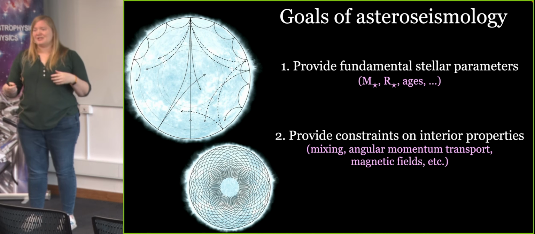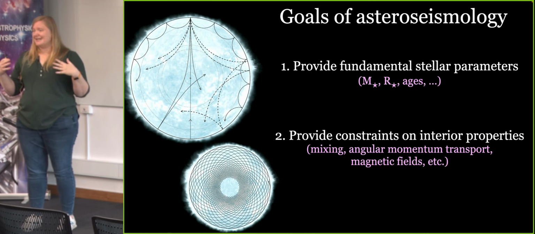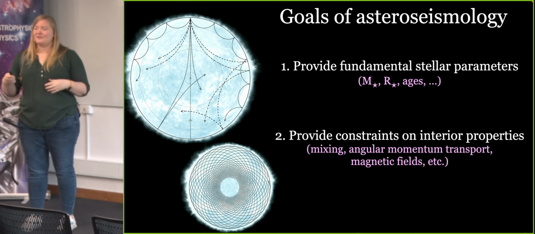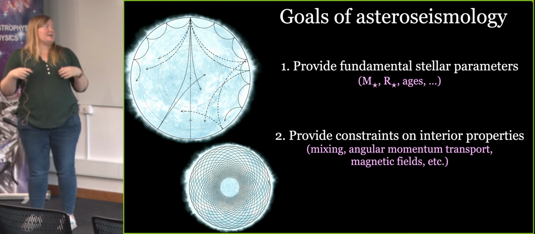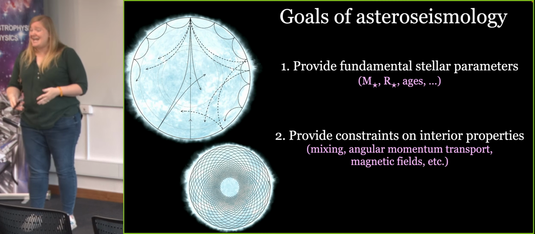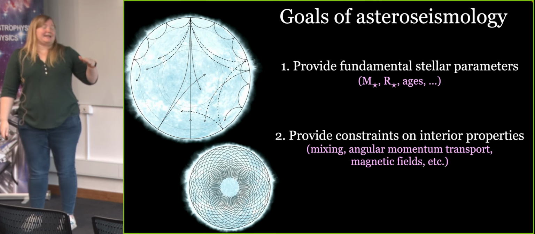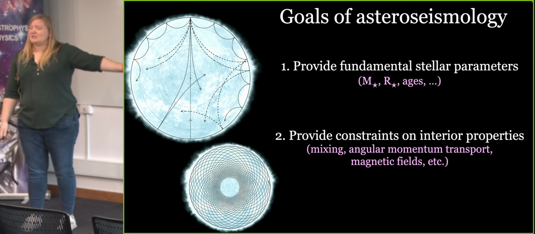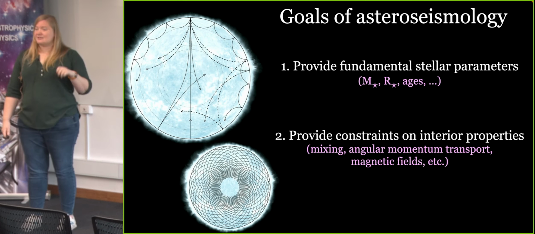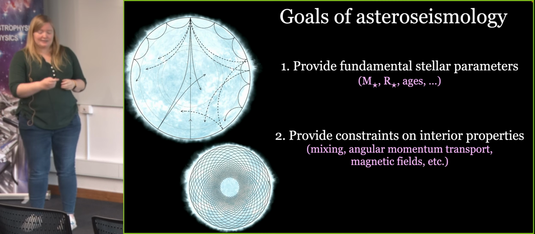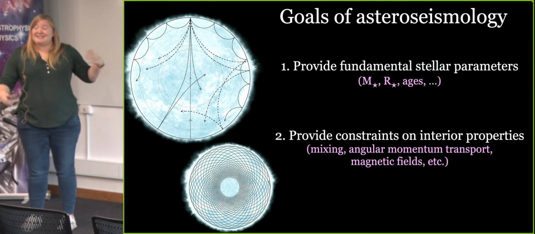Now, as asteroseismologists, we have different goals that we want to achieve by using asteroseismology, and one of them is to try to get good measurements of fundamental stellar parameters, such as masses, radii, and ages, but also gain information about and constraints on the interior physics of the stars, such as the mixing profile, their rotation, and magnetic fields. And so the good news